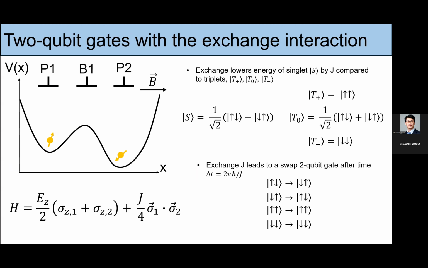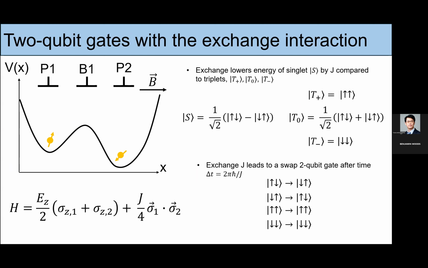What you can show is that this exchange interaction allows you to swap the states of the two spins. If you wait a time that's inversely proportional to this exchange interaction, the two spins will swap states. So up, down will go to down, up, and down, up will go to up, down, and up, up stays up, up. That is exchanging the spins, but it's still the same state. This is one type of 2-qubit gate. If you wait a fractional amount of time, it will actually produce an entangling gate that will entangle the two spins. And this is how you can perform 2-qubit gates in